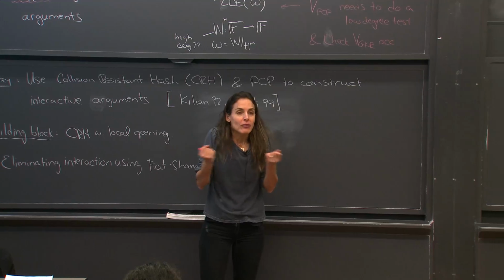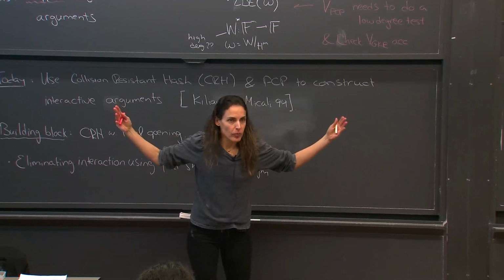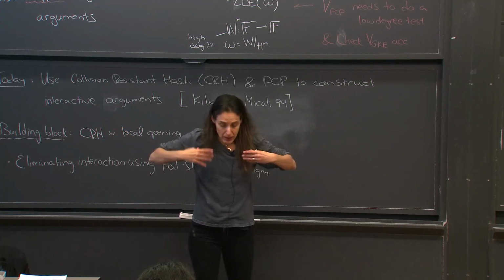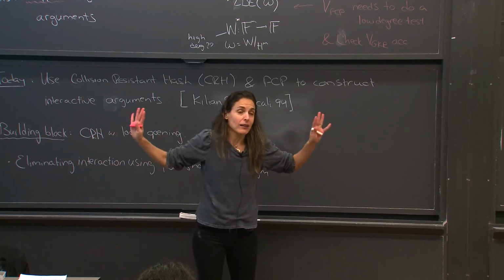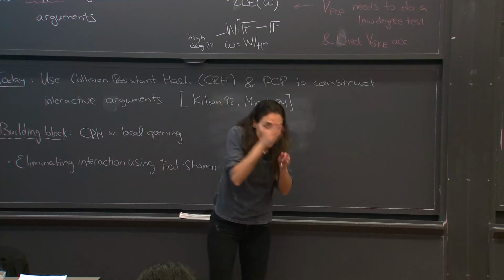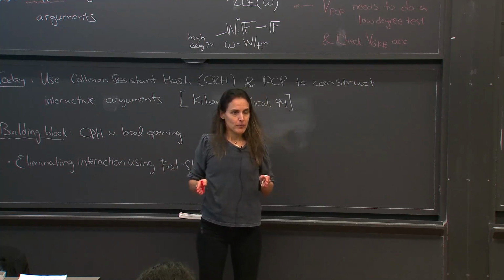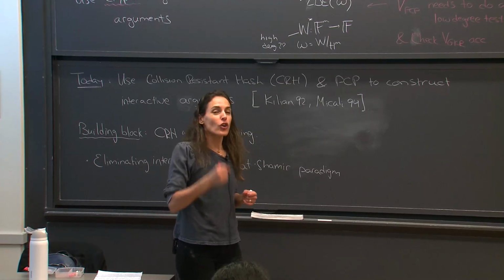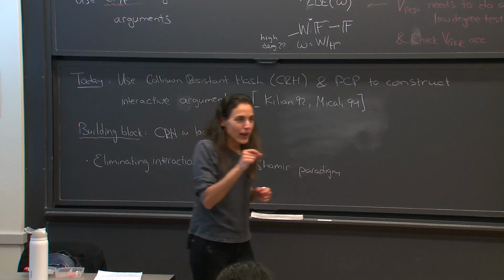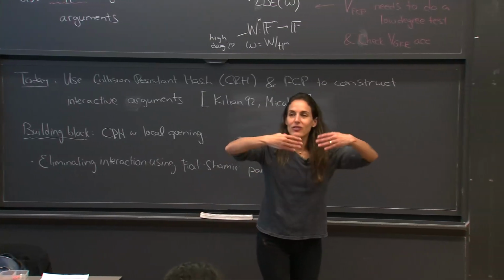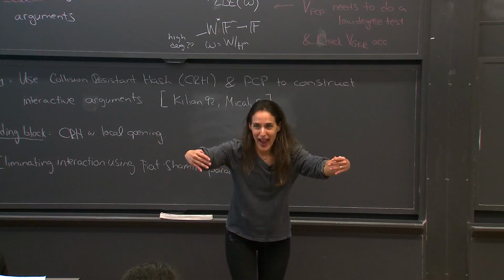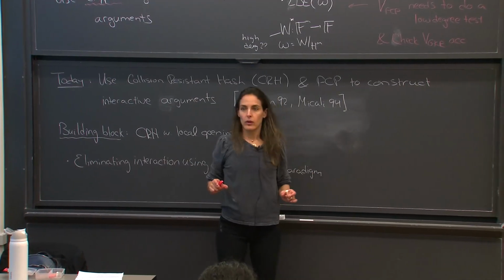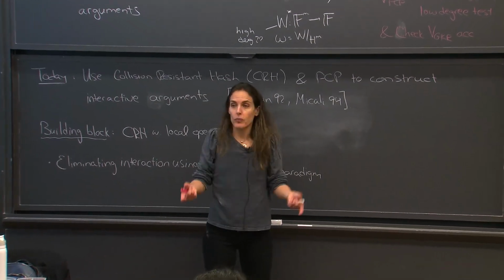But now you're hashing an entire PCP. The PCP is big. I, the verifier, never want to receive this PCP. I can't even hold it. I want to receive a few bits of it. So what we need is a collision-resistant hash that has a special property: that you can open bit by bit. Instead of giving me the entire pre-image of the hash value, I want you just to give me a few bits here, a few bits here, and a few bits here, and prove to me that they correspond to